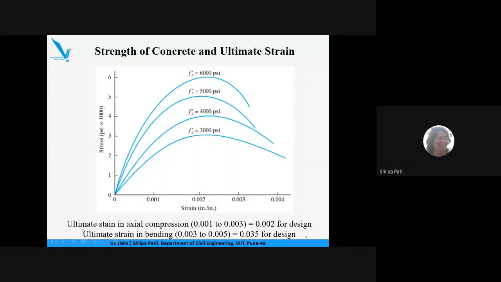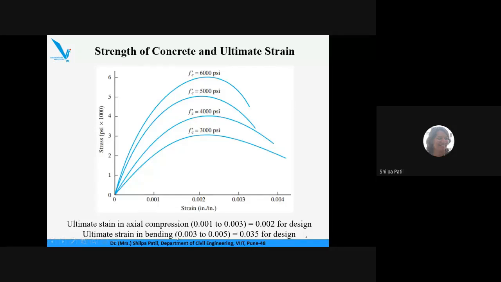So, in axial compression, the ultimate strain value is considered as 0.002 for the design. Axial compression, that is when we are plotting a stress strain curve by applying a compressive load, then the value is taken as 0.002. If you are plotting a stress strain curve by applying a bending, we will get a